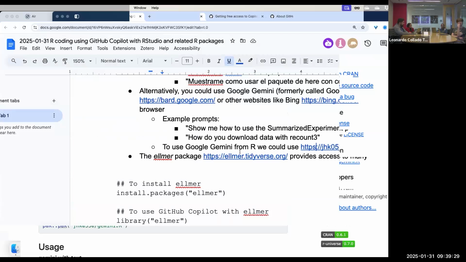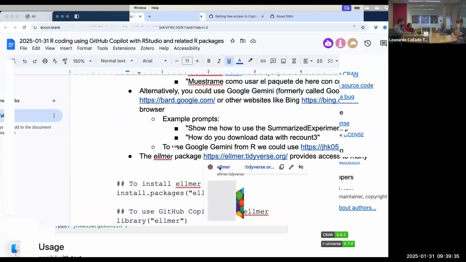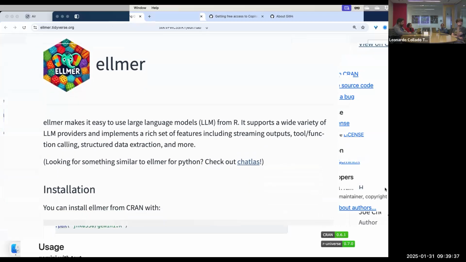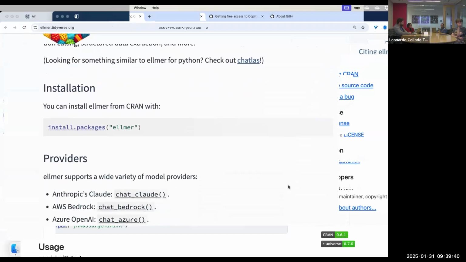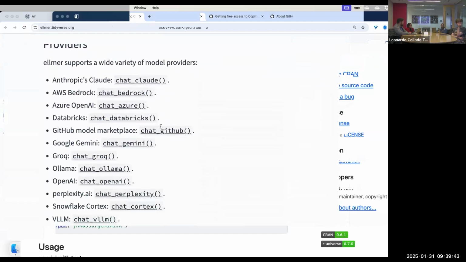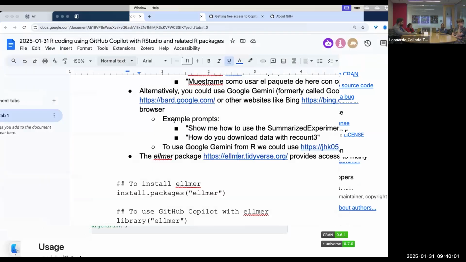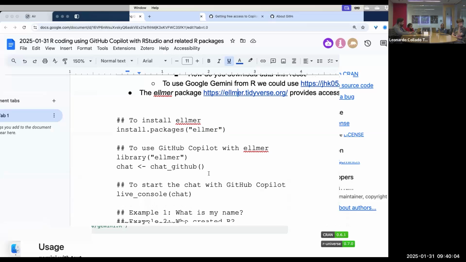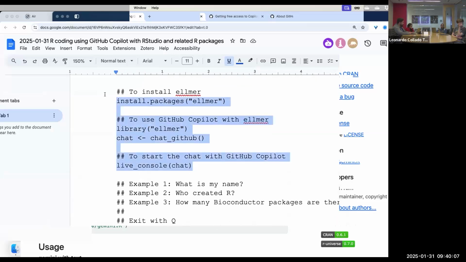But another package that has been around for maybe a year or so is the ellmer package, developed by Hadley Wickham. This package, ellmer, basically allows you to interact with a bunch of APIs from different AIs, including Gemini. So you can chat with Gemini, but you can also chat with GitHub using this chat_github function. Again, OpenAI and a few other things you can also interact with. Some of them, maybe you have to pay for. But since we have free access to GitHub, I'm just going to copy this code over here